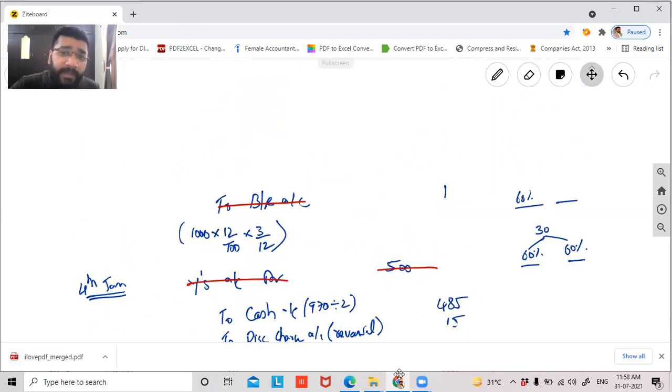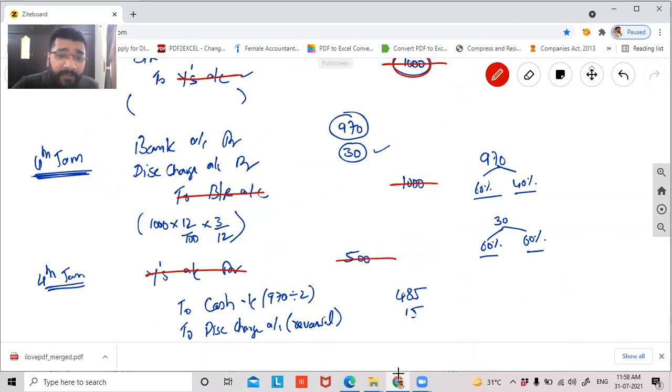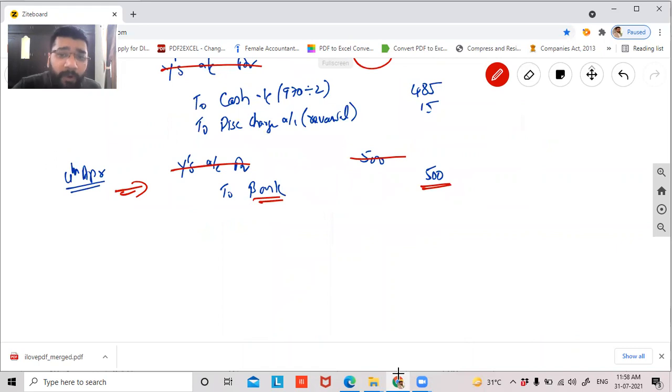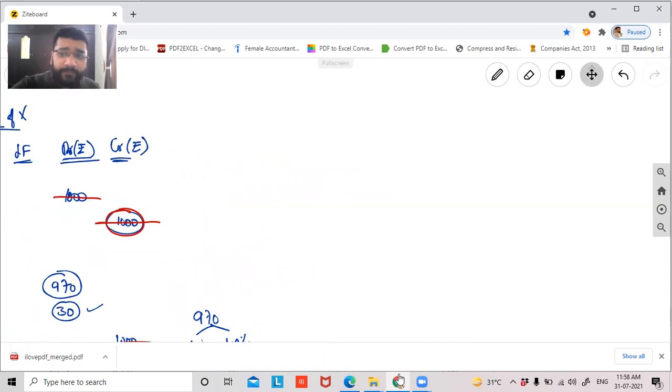If you see, Nandini, in the beginning, in the first entry, 1000 rupees we credited Y because we owe this money to Y. Out of this 1000 rupees, we transferred this 500 worth of benefit in the form of cash and discounting charges. And the remaining 500 is now given in the form of check to Y. So now Y's account is completely settled. Now are you clear with this, Nandini? Yes, sir. Now guys, let's do the entry in the books of